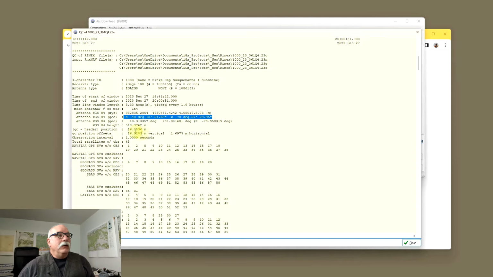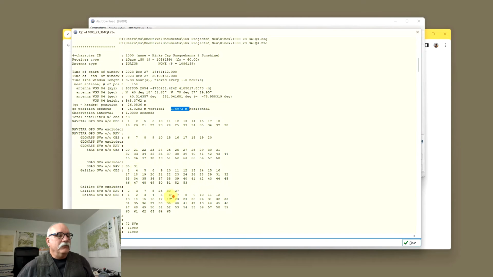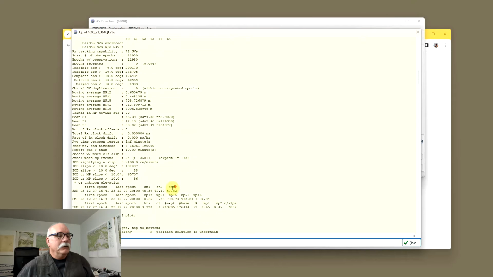Now, we expect about 1.5 meters. That's the difference between ITRF 2014 and NAD 83 currently for North America. The elevation offset is usually quite high, and that's a function of the calculation of the elevation. Don't worry about it. We got the interval here, a summary of the satellites that were tracked, and then down here a little lower,